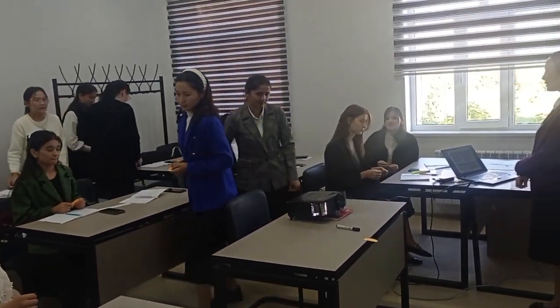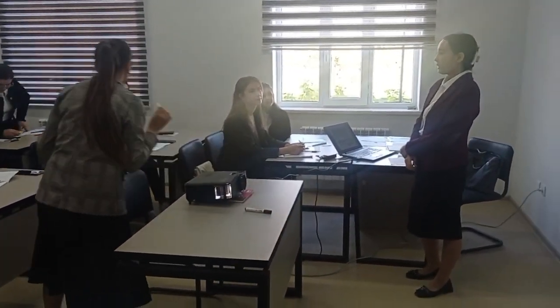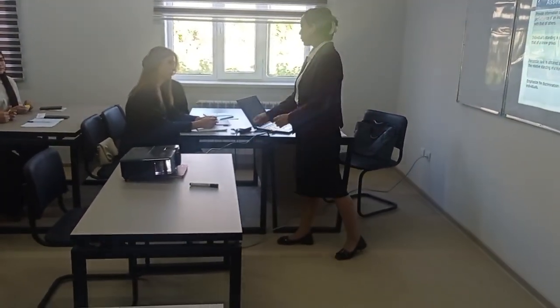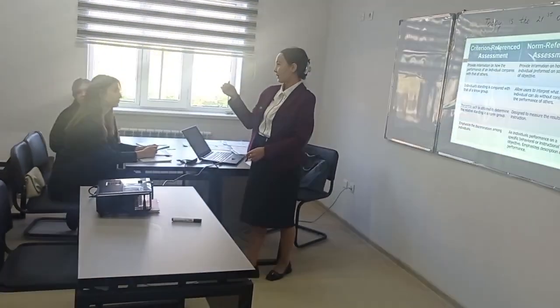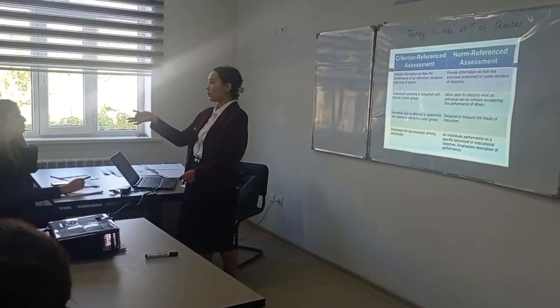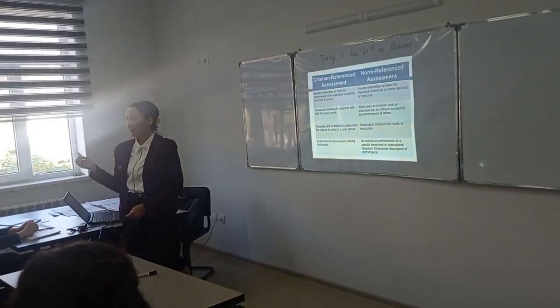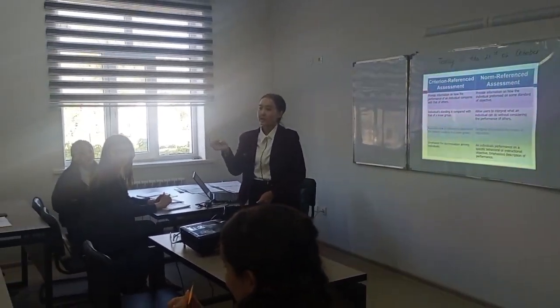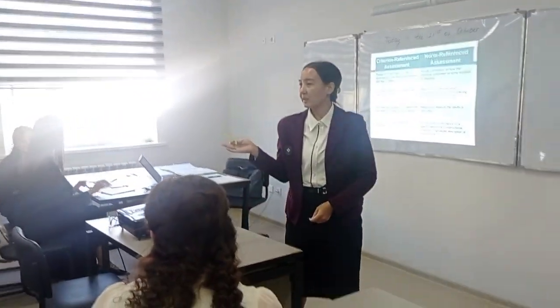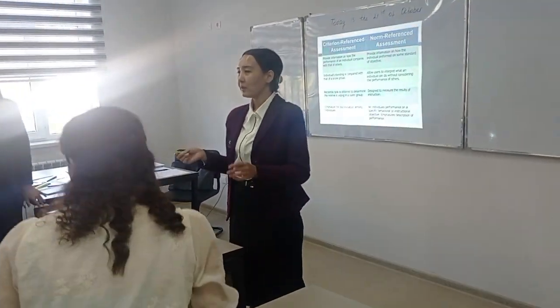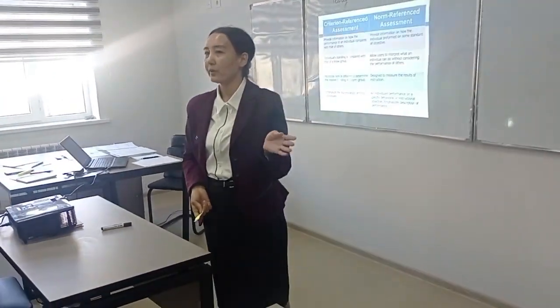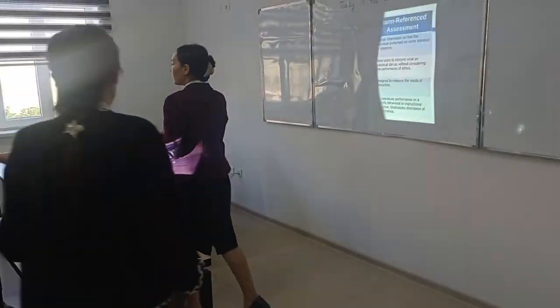Is that all? Have you taken? Yes. Okay. A student who has taken a piece of green apple, please go to the first row. You will be the first row. And a student who has taken a piece of orange apple, please go to the second row. You will be the second row. And the next one, yellow. A student who has taken a piece of yellow apple, please go to the third row. Please find your rows.